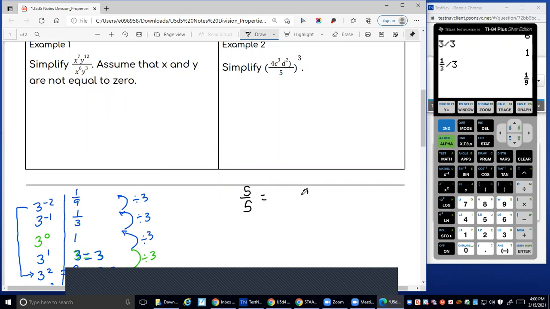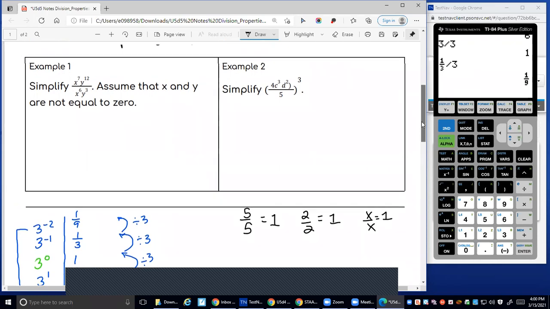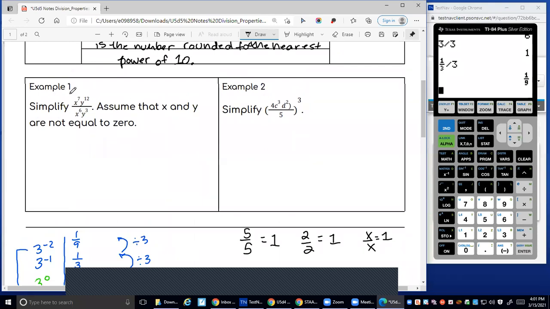What is 2 divided by 2? Good. And x divided by x? Yay, yay, yay. It is 1 every single time, right? When you divide something by itself, you get 1. Excellent job. So what we're going to do is go ahead and do this